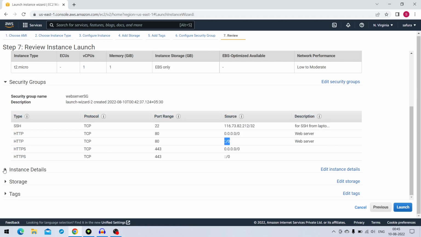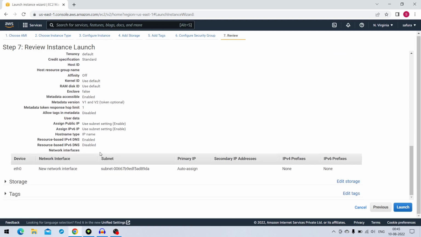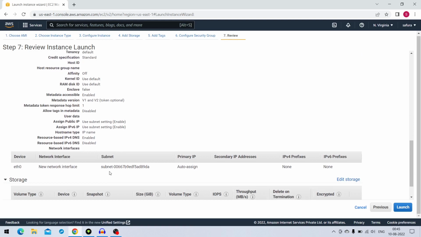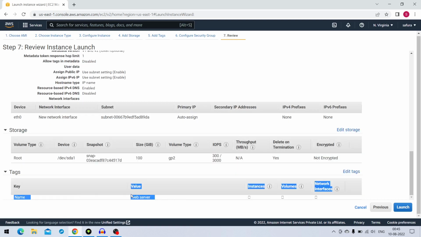Okay. Instance details, these are the details for the instance. And storage, we have attached only one EBS volume, that will work as a root volume of 100 GB. And tags, we have used a tag web server. Okay. Now